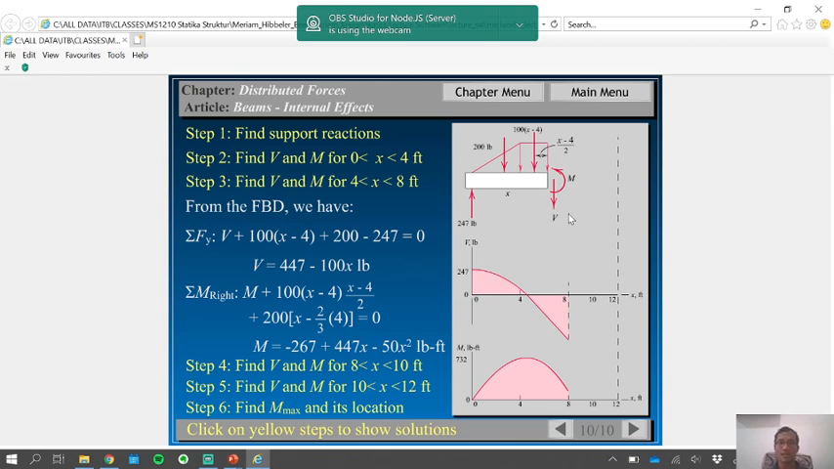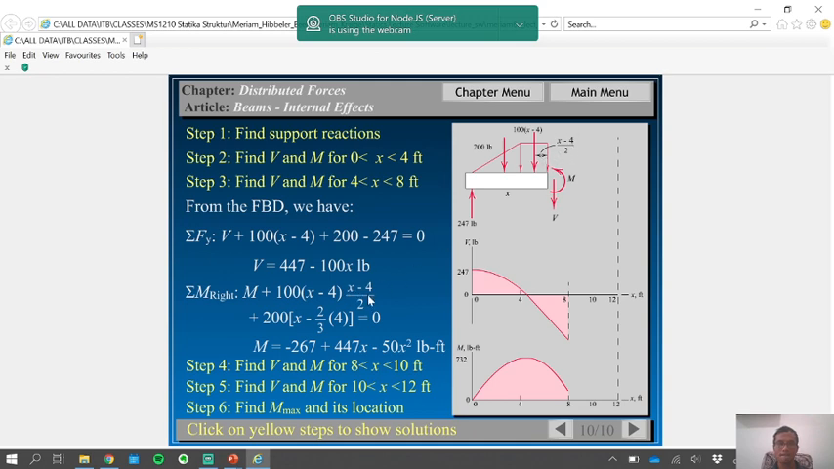Using sigma moment at the right equal to 0, there are 3 components there, this one, and this one, and moment as well. So if clockwise is positive, that's why we have m is positive, then 100x minus 4, the concentrated force here, multiplied by the distance, x minus 4 divided by 2, this one,